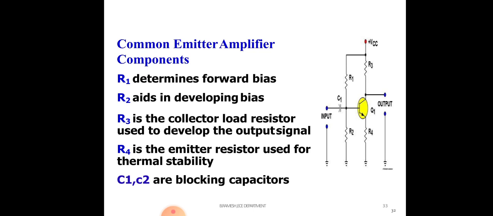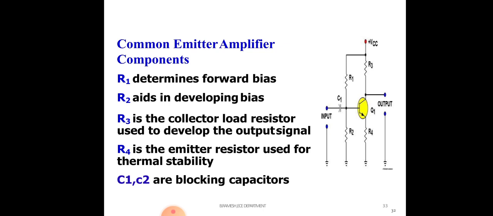So this is the circuit diagram of a common emitter amplifier. This amplifier is designed with a self bias technique. Self bias provides a stability factor of 1, and it will give a faithful amplified signal. Now if you see the circuit description, let's go through each and every component's function.